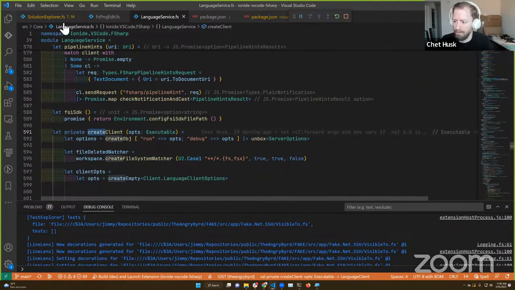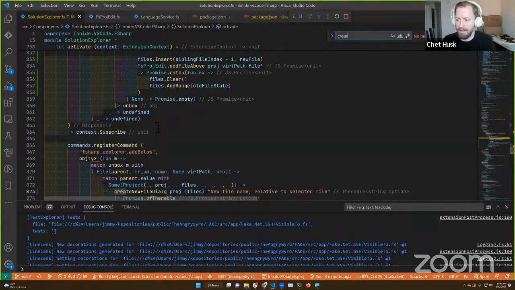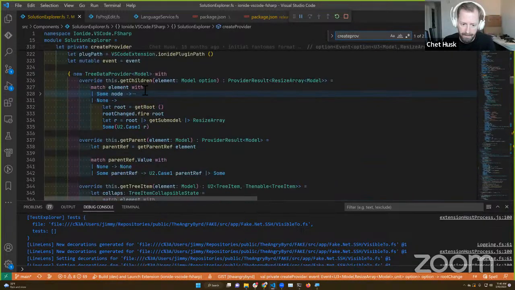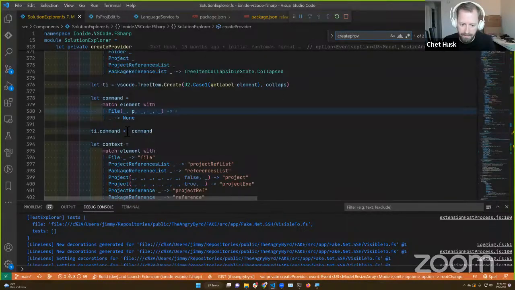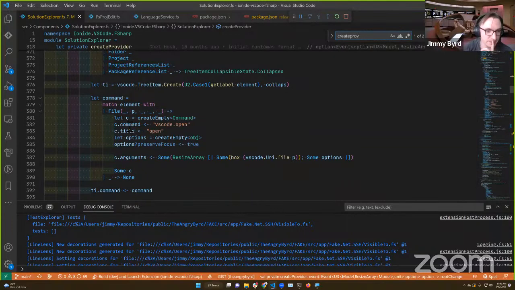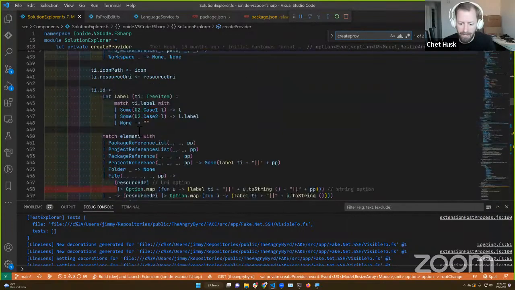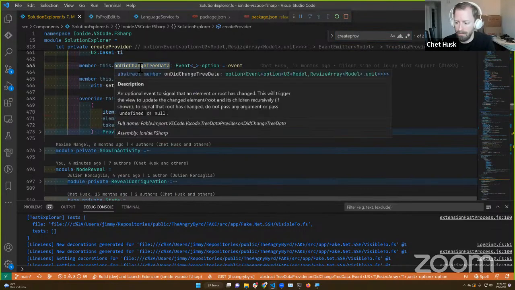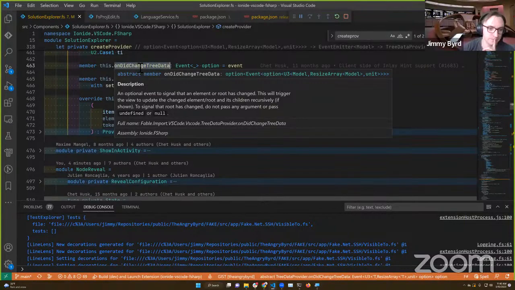And if you fold out all the overrides for that provider, there's on did change tree data. Oh, we're going to have to fire that. It's an event override. I think when we do this manual trigger change, we are going to need to trigger this event.